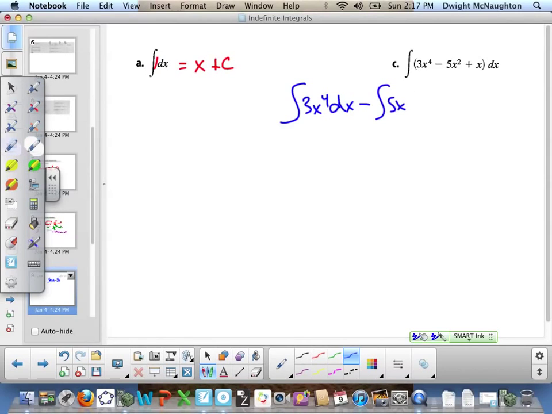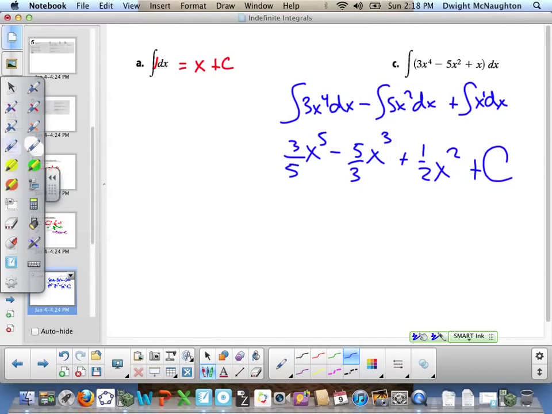Antiderivative of 5x squared, and again, you can pull the 5 out with respect to x, plus the antiderivative of x with respect to x. And these are all power rules, so we're going to power up. So the 4 will go to 5, and then we divide by the 5. So 3/5 x to the 5th. The 2 in the second one will go up to 3, and we'll divide by 3. And then the 1, which you don't write, goes up to 2, and you divide by 2,